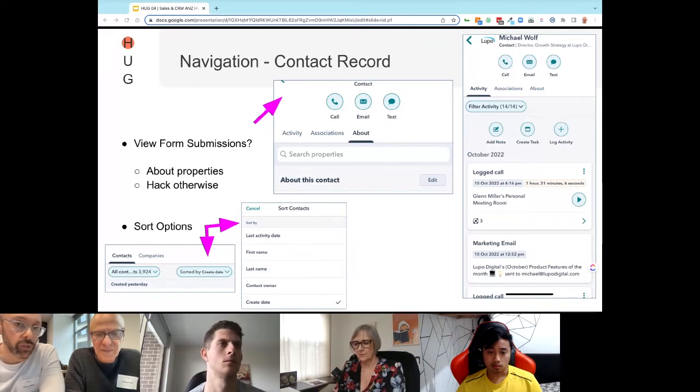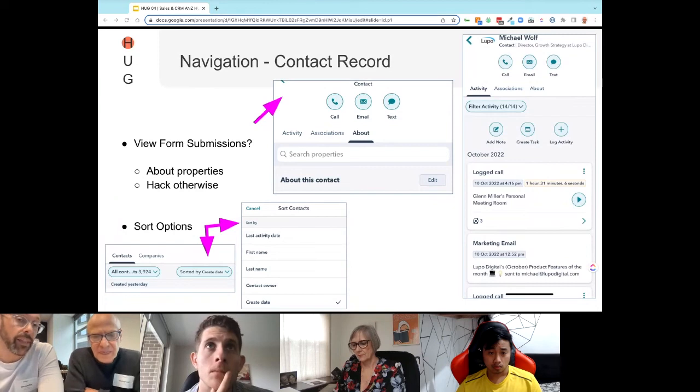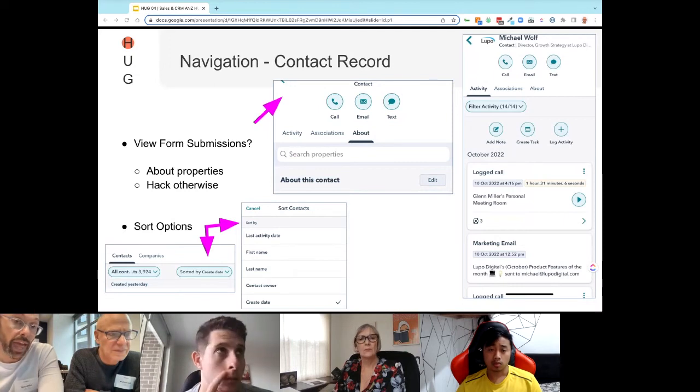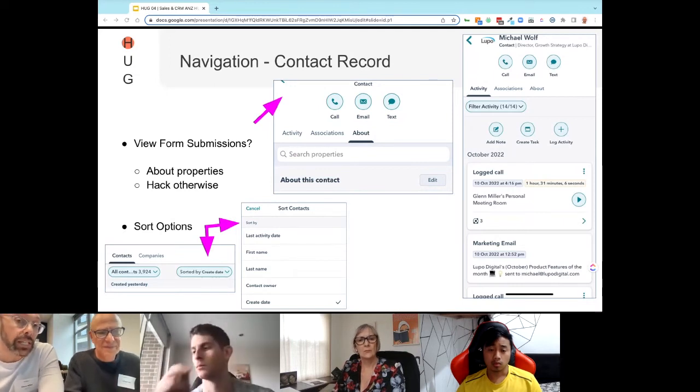On the About screen, just under the words contact record at the top, on a contact record in the About section, to the right, you've got a little edit button, and that lets you edit the properties that you see about this contact record. So in terms of the hack I'm referring to,